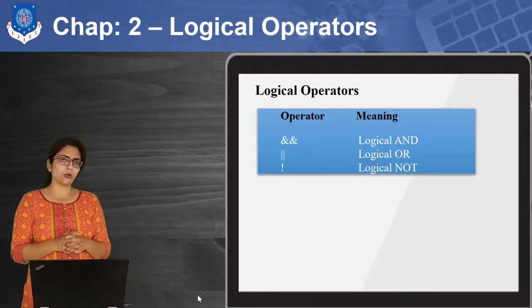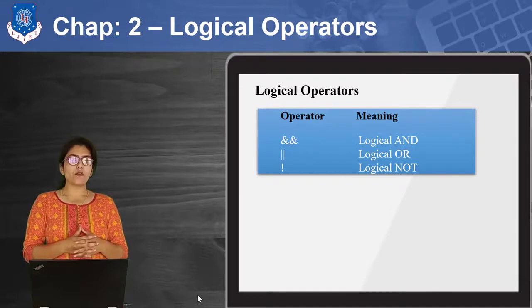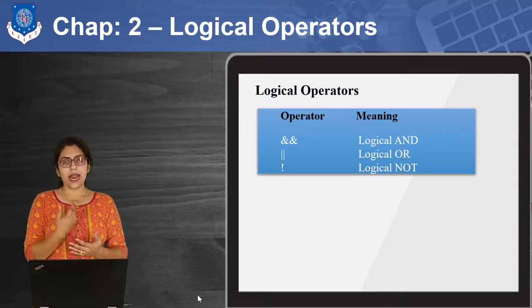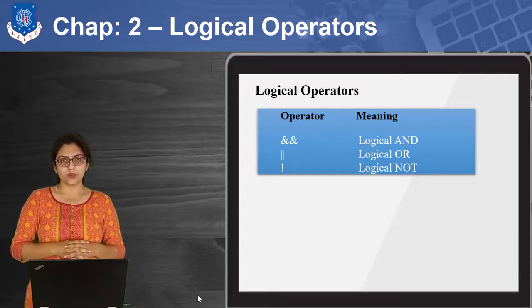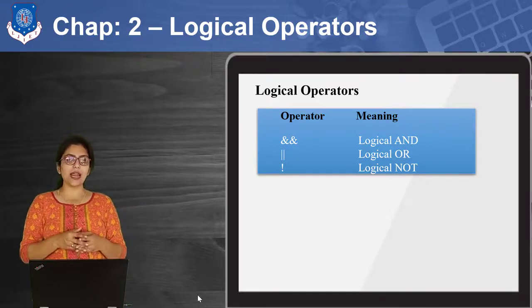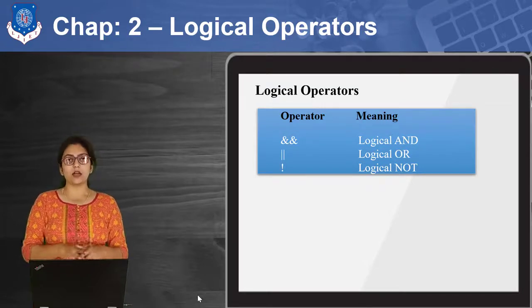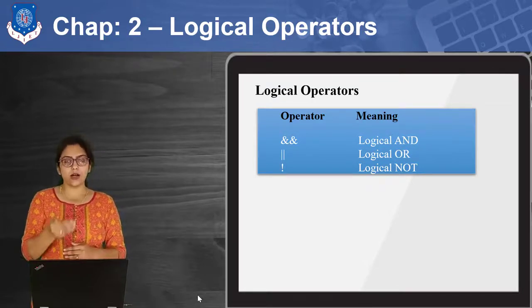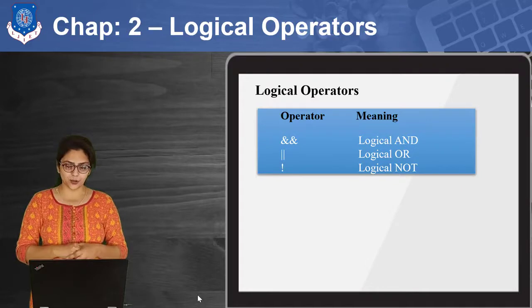You must be well aware of the logic gates that you must have studied in physics in your 12th standard, right? So what were those logic gates doing? We have OR gate, AND gate, NOT gate, some basic gates, right? I hope you know these gates. Suppose the logical AND is similar to the AND gate. Suppose I am giving two inputs, say A and B. If both of these inputs are on, or both of these inputs are 1, then only our output will be 1. You know the series and parallel connection, right? So this is all about that concept.